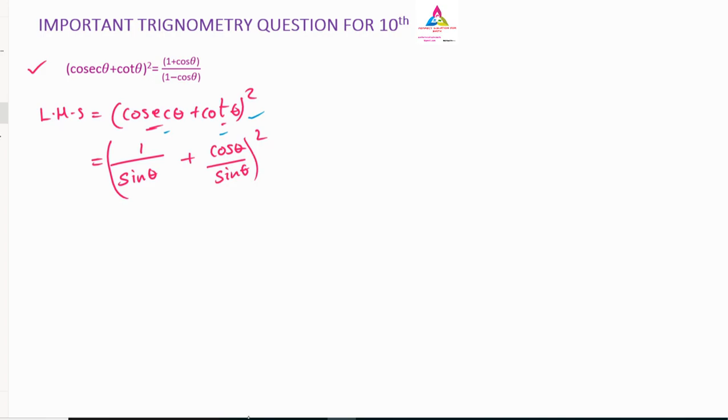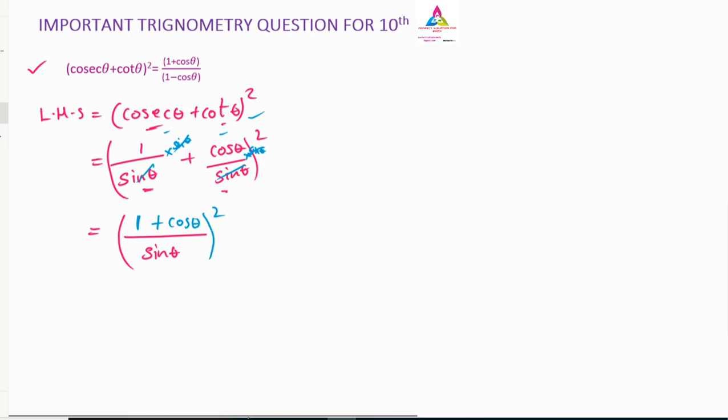So what do we have to do now? See here, we have sine theta and sine theta in the denominator, both the denominators. When we take the LCM, sine theta remains as it is. For the numerator, as in the previous video, we multiply by the LCM, so sine theta gets cancelled and the remaining is 1. So we write down 1 over here. Similarly here also we multiply by the LCM sine theta, so sine theta gets cancelled and the remaining is cos theta. So we get (1 plus cos theta) the whole square.